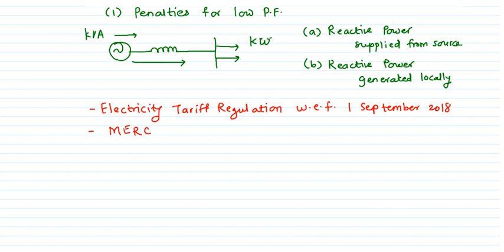Now, if you refer to my earlier discussion of lagging power factor and leading power factor, earlier there was a penalty only for lagging power factor. But with respect to this particular regulation, Maharashtra has now implemented a penalty for leading power factor as well. So if you see the ranges of power factor, you will be penalized if you have a leading power factor as well as a lagging power factor.